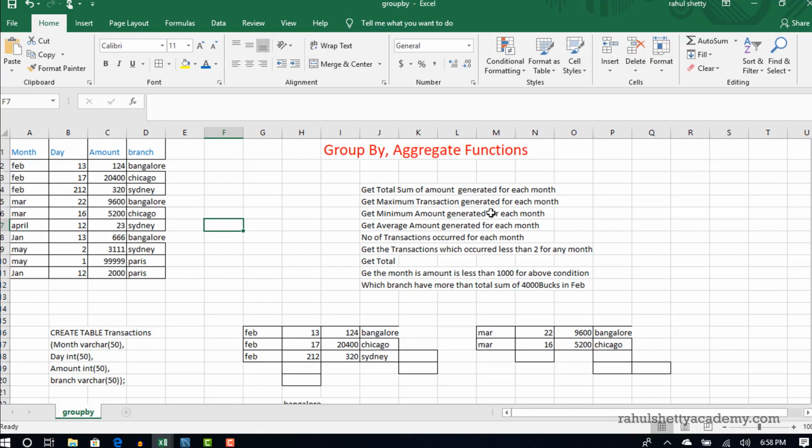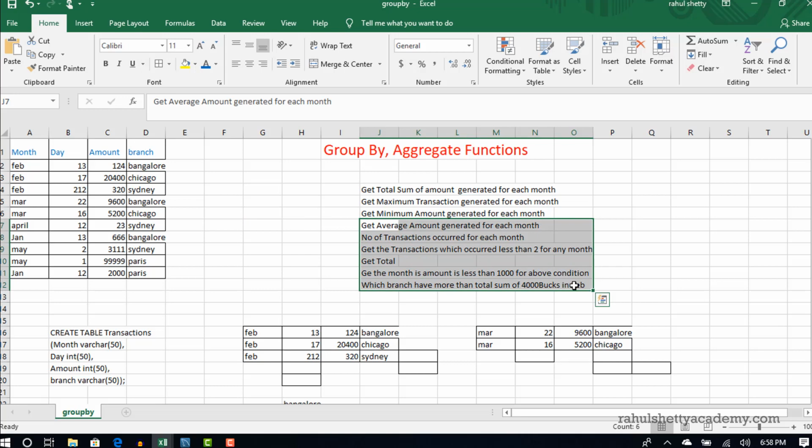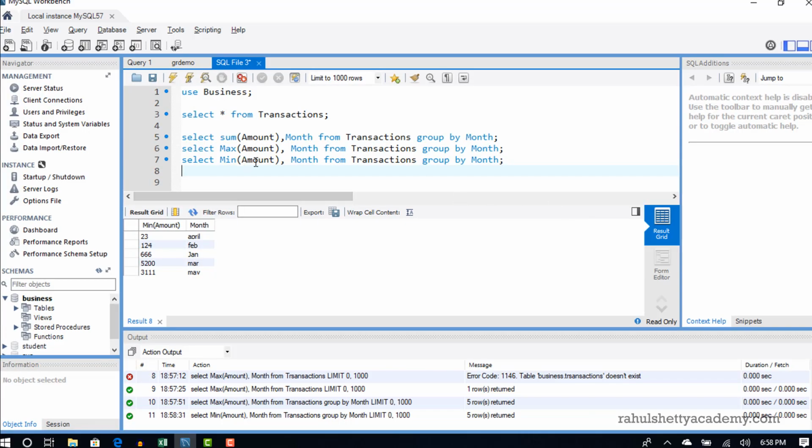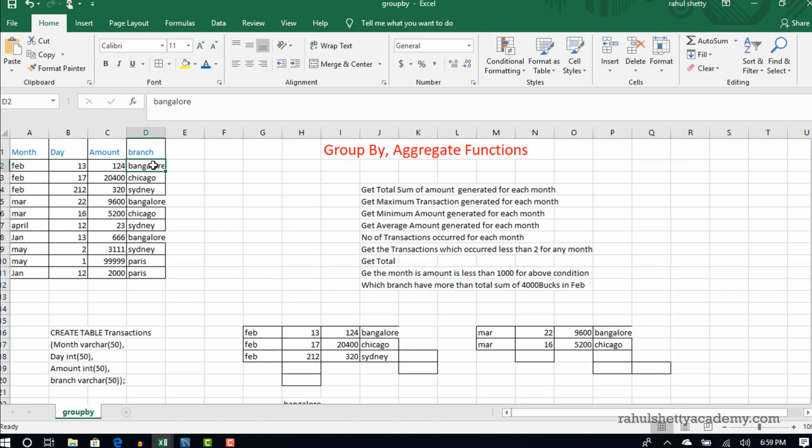Now, before I see these further queries, let's do one thing. Select the minimum amount from transactions, group by branch. So I want to know what is the minimum amount generated in each branch. So for now we have Bangalore branch, Chicago branch, Sydney branch and Paris branch, right?